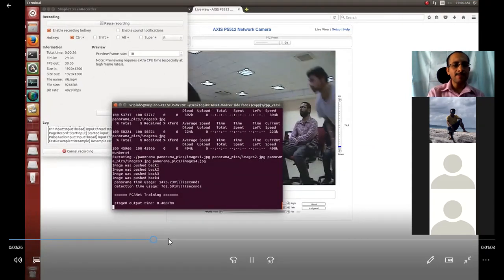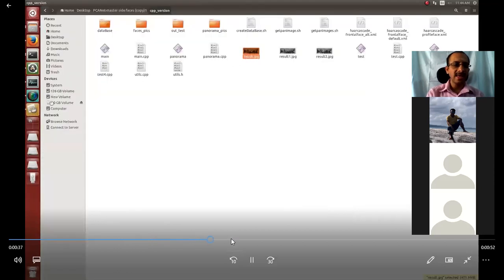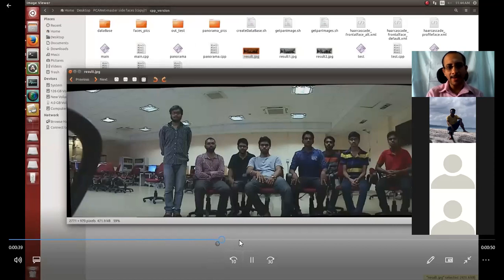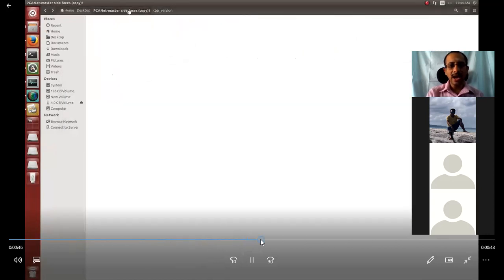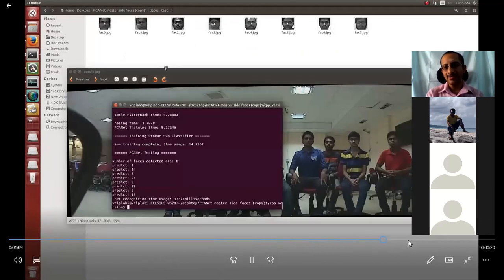So he programmed that camera, and some students were sitting there. He made a panorama first, and after that detected the faces. The detected faces are here, and then I think he also recognized them. They are already in the database to recognize who the person is and so on. So that's the application.